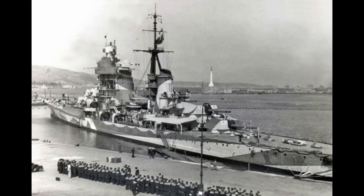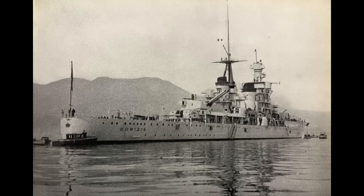The main armor belt, covering the machinery and magazines, was 150 millimeters, 5.9 inches at its thickest. Even at its thinner ends, this still maintained a thickness of 100 millimeters, or 3.9 inches, beneath the waterline. The deck armor wasn't quite as impressive, at 70 millimeters, or 2.8 inches, with a 20 millimeter plate to, hopefully,